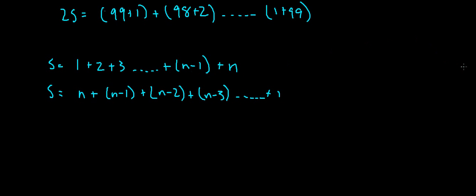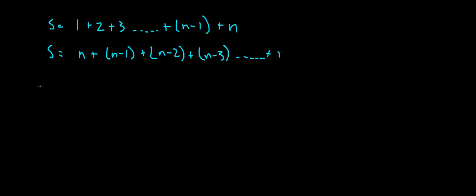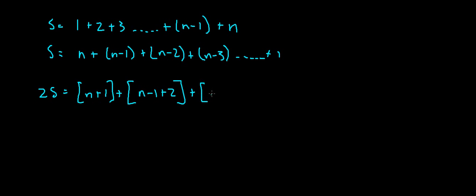So if you add these two sequences together, you get 2S is equal to n plus 1 plus n minus 1 plus 2 plus n minus 2 plus 3